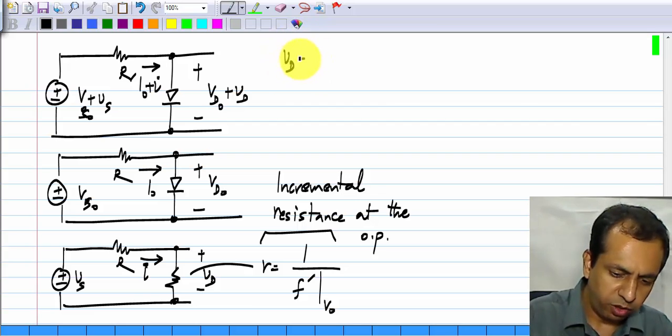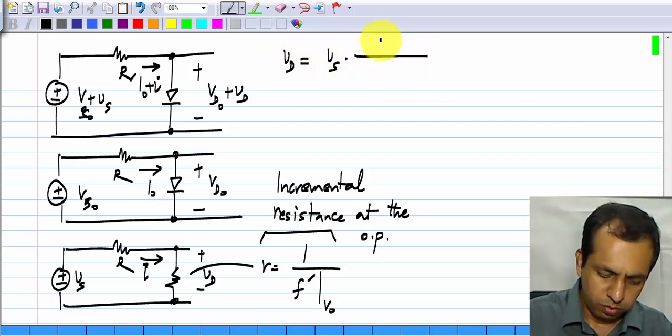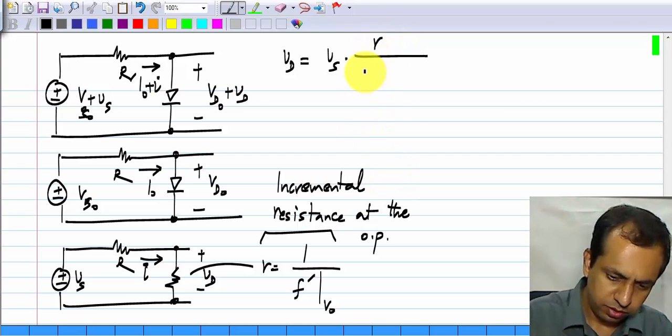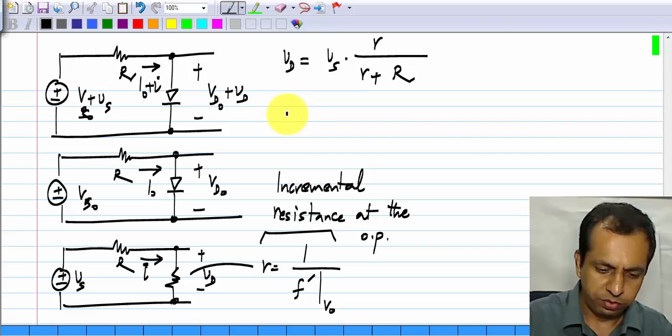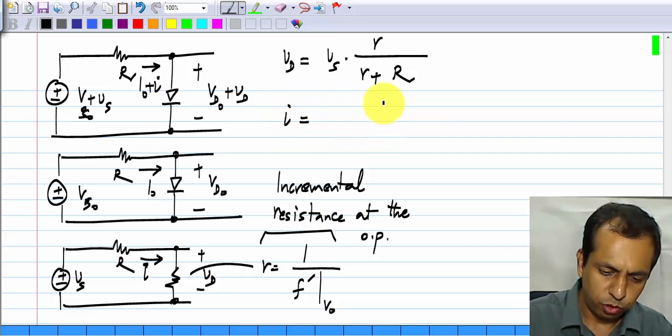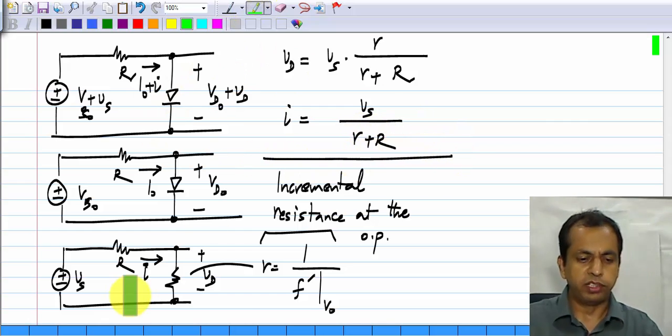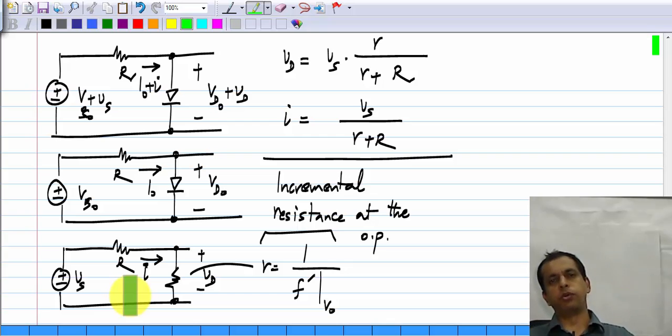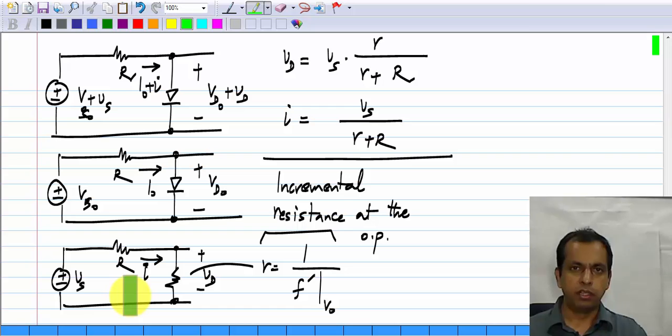So, if you want the incremental diode voltage, it will come from the voltage divider formula, and if you want the incremental current, it will come from Ohm's law, and so on. This is of course a very simple circuit, but regardless of the number of nonlinear elements you have, you can do this for any circuit. So, every nonlinear element has to be replaced by its incremental equivalent at its operating point. So, you could have two diodes in the circuit with different operating points, that is, one could be having an operating point current of 1 milliamp, the other one could have 10 milliamps,